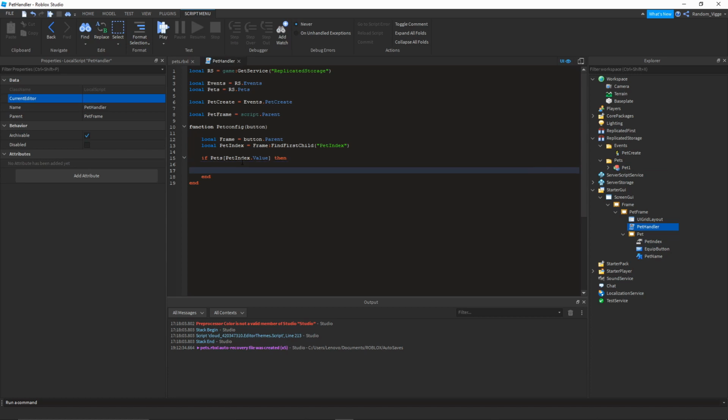Then in here you wanna fire the pet create event, and you're gonna fire server pet index dot value. So we fire the pet name so we can actually summon it, and that's this function done. Then you want to drop a line, and you're gonna make the actual pet create on client event. Now this event, we're gonna do pet create on client event connect function, and in these brackets we're gonna